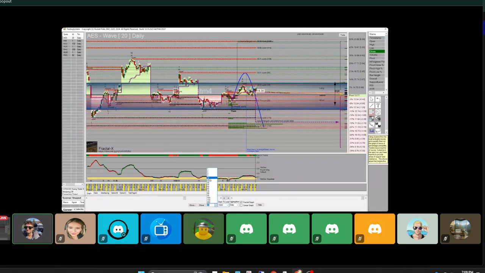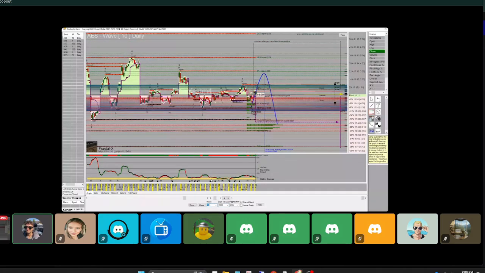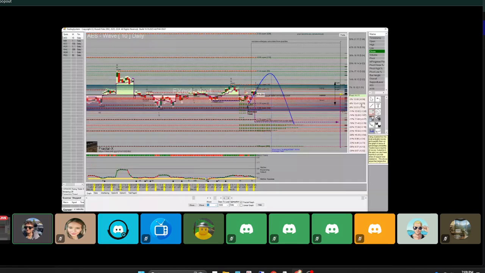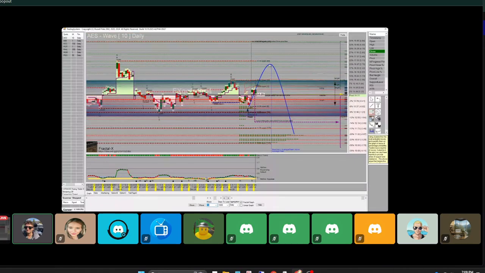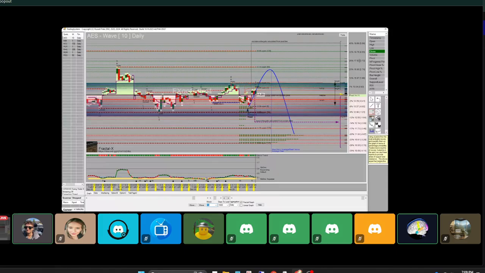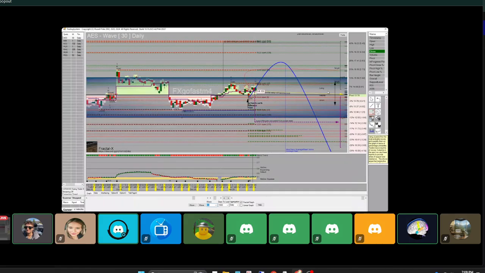Let's see, let's go to the 10. Okay, the 10 looks better actually. I think it was the 10 that I saw earlier. So an H move brings us right up to here, to the 17.14 open state. So that's the target. We have a K assigned recently. That's green standard deviation. Let's see. Let's go to wave 30.